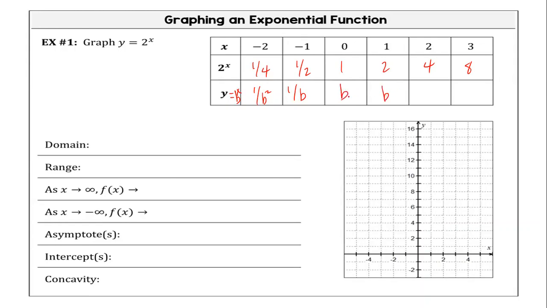Sorry, this is not going to be b. It's going to be 1, because anything to the 0 power is 1. So we have b, and we'll just have b squared, b to the 3rd. So that is the general rule for the parent function. Does that make sense? Okay, because our parent function is y equals b to the x, to model that, we